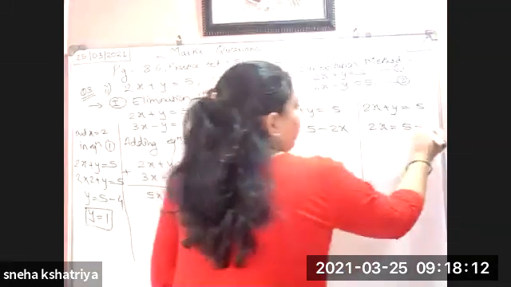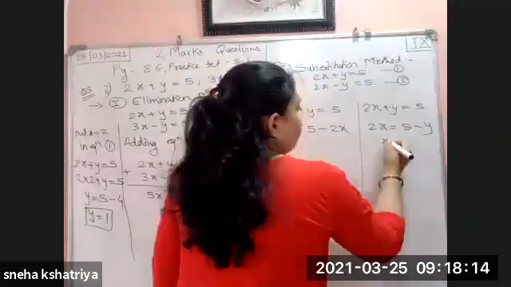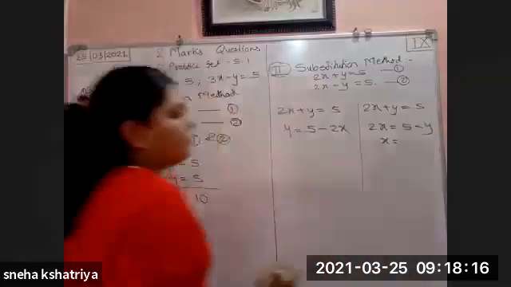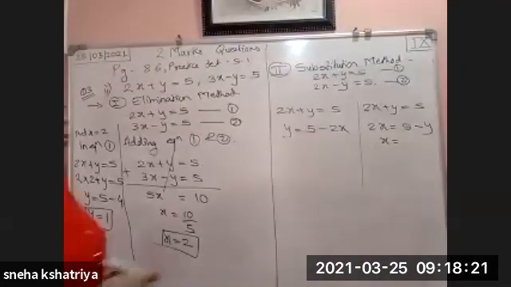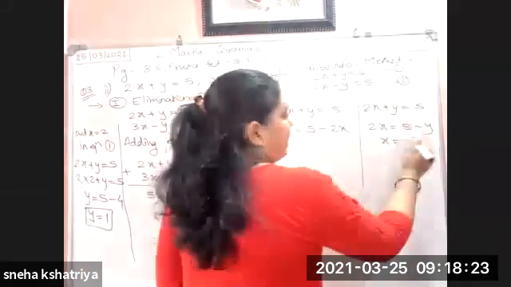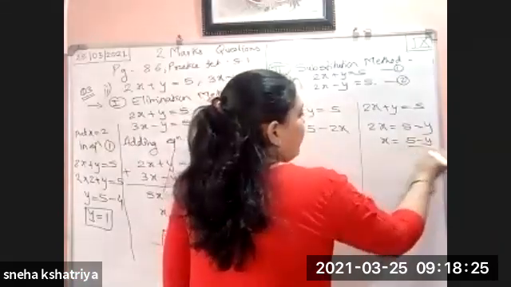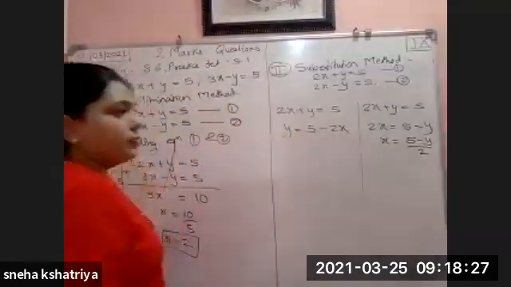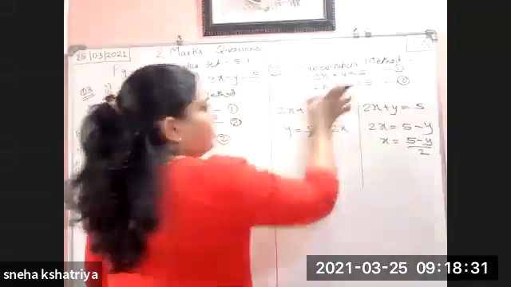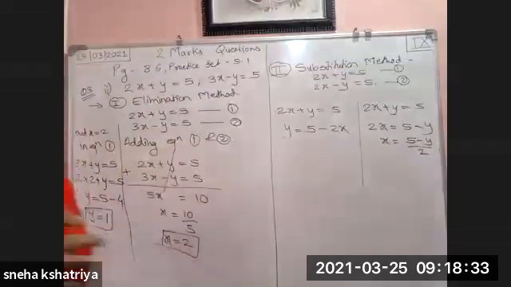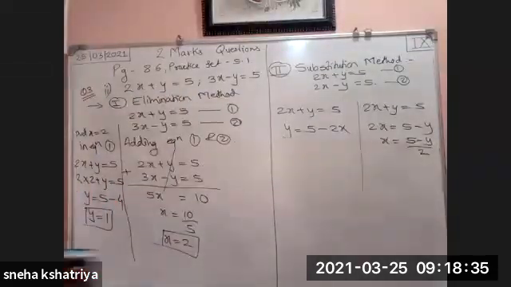5 minus y. And for this x value, we don't have to find out the value of 2x. We have to find out the value of x. So this 2 we have to shift to the right hand side. So this will become 5 minus y divided by 2. If we put such a value in the equations, then we have to find out the LCM and make the denominator clear. Afterwards, we have to solve them. So it will become a very lengthy example.